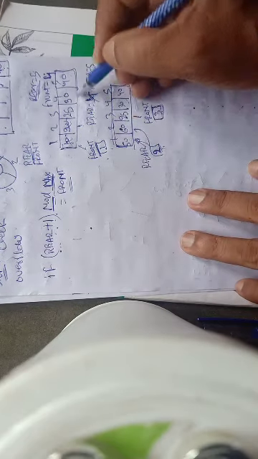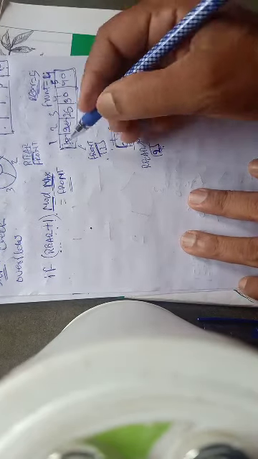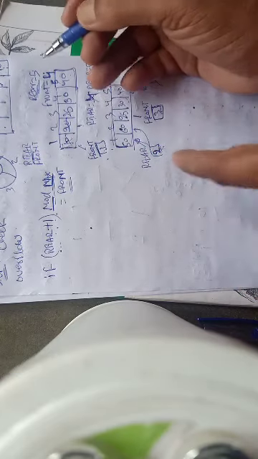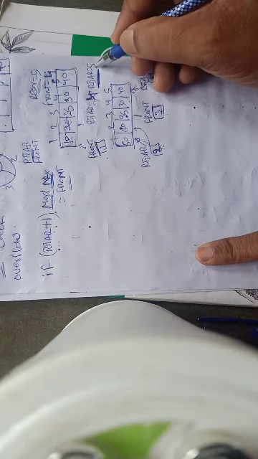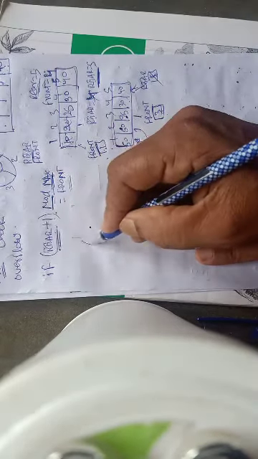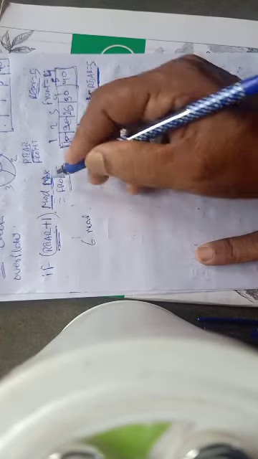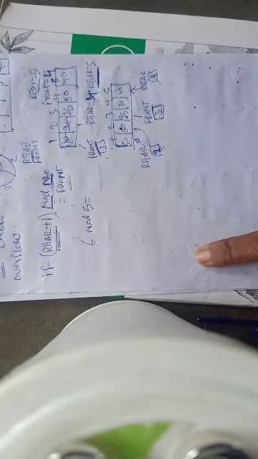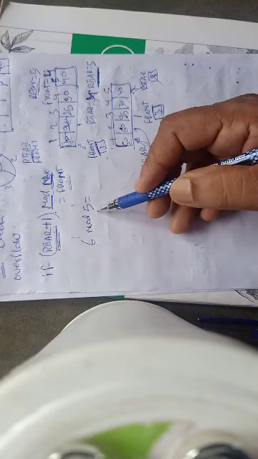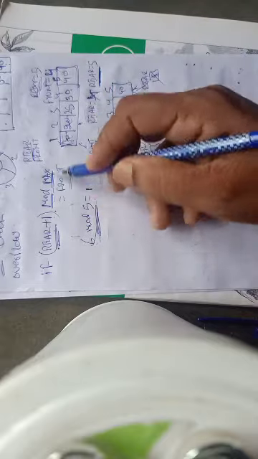How is it possible? Let me tell you. Suppose there are 5 elements, so max is 5. Now if we have front equal to 1 and rear equal to 5, this is overflow. When rear is 5, rear plus 1 is 6. Mod max means mod 5. So 6 mod 5 means how much? If we perform division of 6 by 5, what is the remainder? The remainder is 1, which is equal to front. So the criterion is satisfied in this case with this formula.